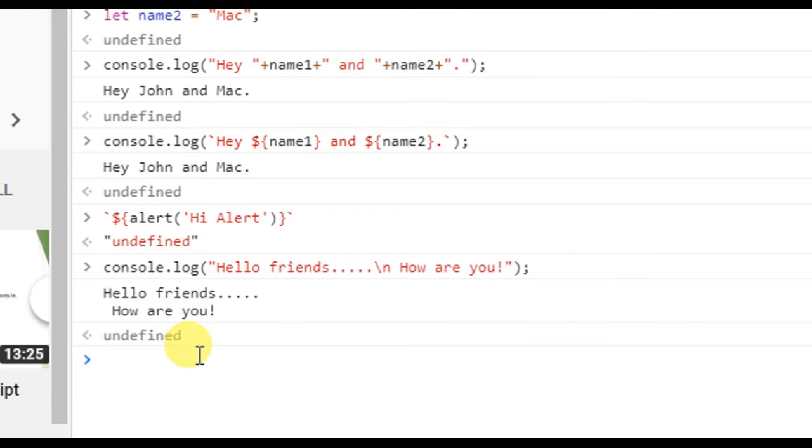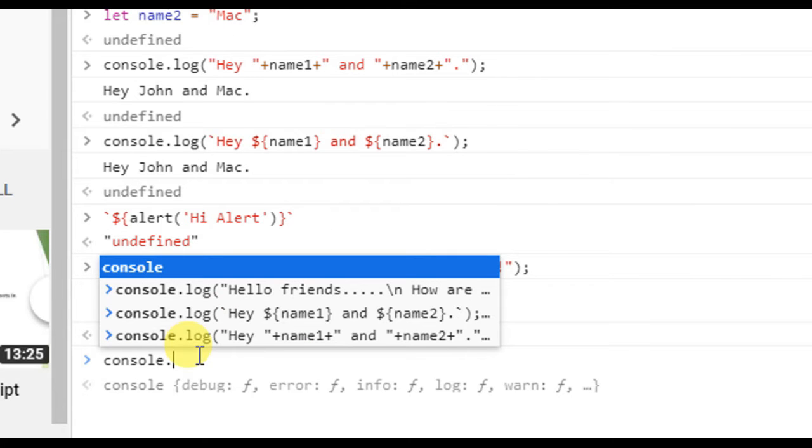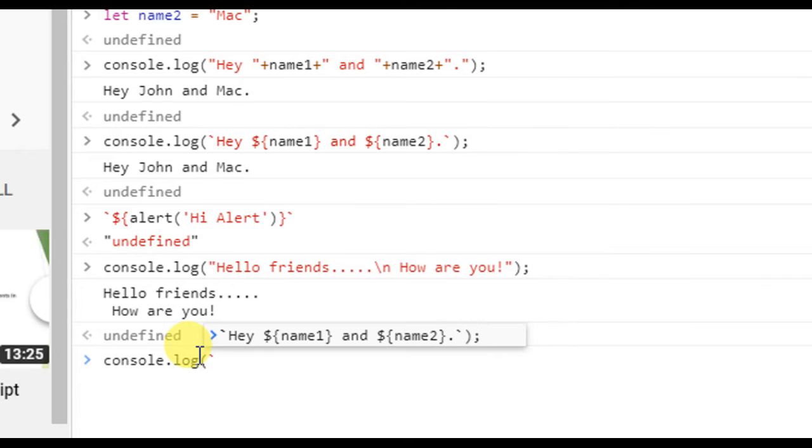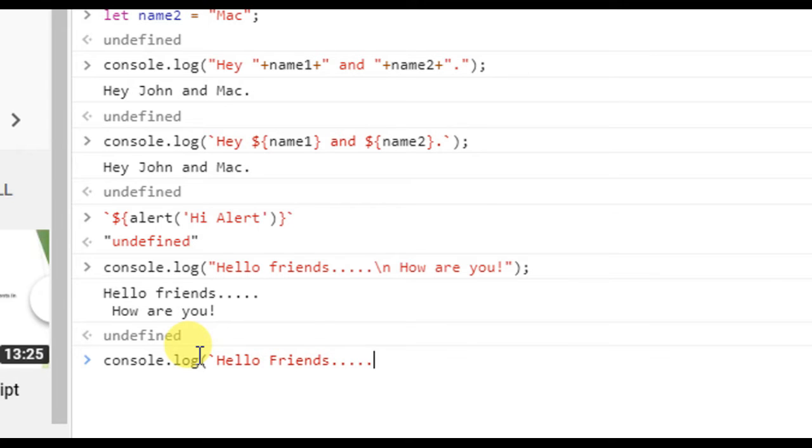So how can we get this kind of output by using a template literal? Let's see, console.log, I'm using backtick again, and hello friends dot dot dot, and I'm just hitting enter.